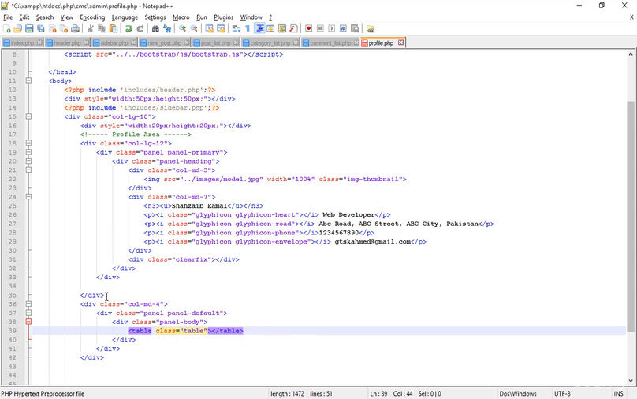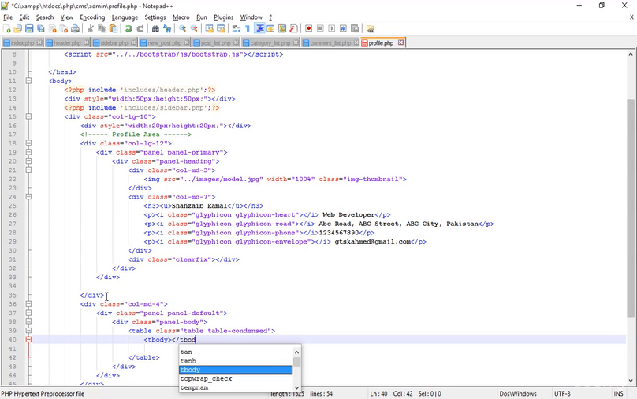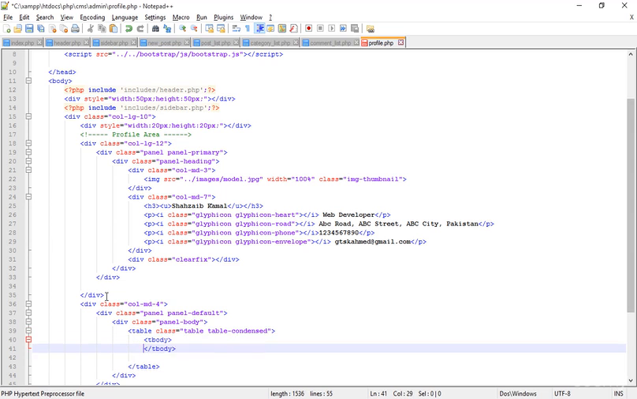So the class is table, as I said, but I'm creating the condensed table, which means it has no extra spaces. This is the table body, not the table heading. I'm adding the table body. Now go inside and add the tr,